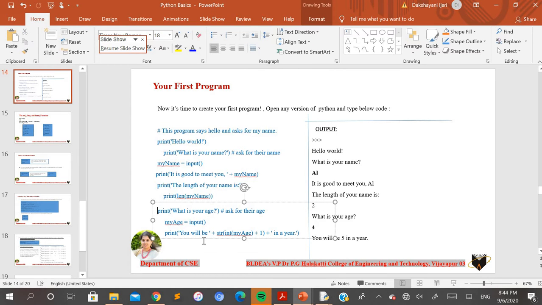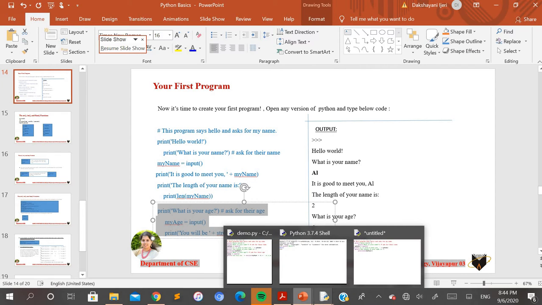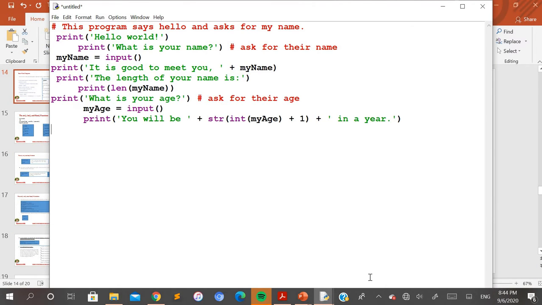Now I'm pasting it, but I want you to type it with individual lines. Do not do the same thing as I'm doing here, because you require the practice in the beginning. Later on you can do it the same way I do here. I'll copy the rest of the things. See here in Python, right now I'm not going to tell you what indentation is, because indentation is going to play a very important role in Python. But for the time being, just understand that all the executable lines in Python should have the same margin. It should not even be allowed to have a single space on any of the lines.